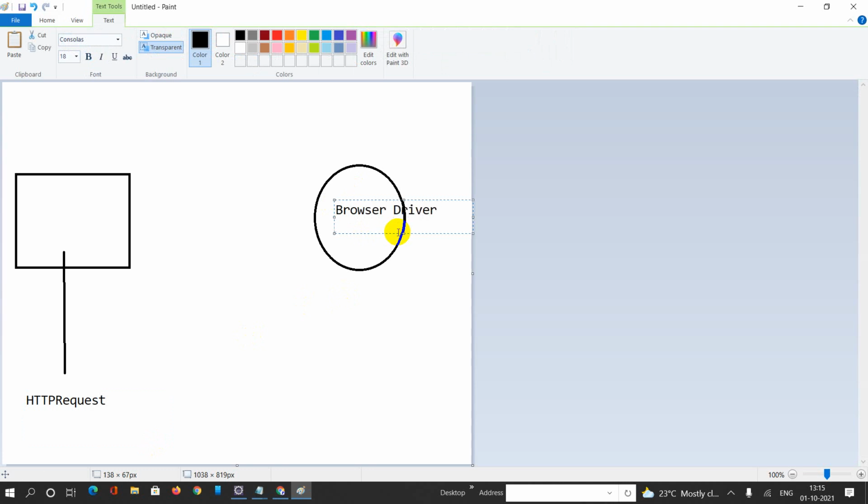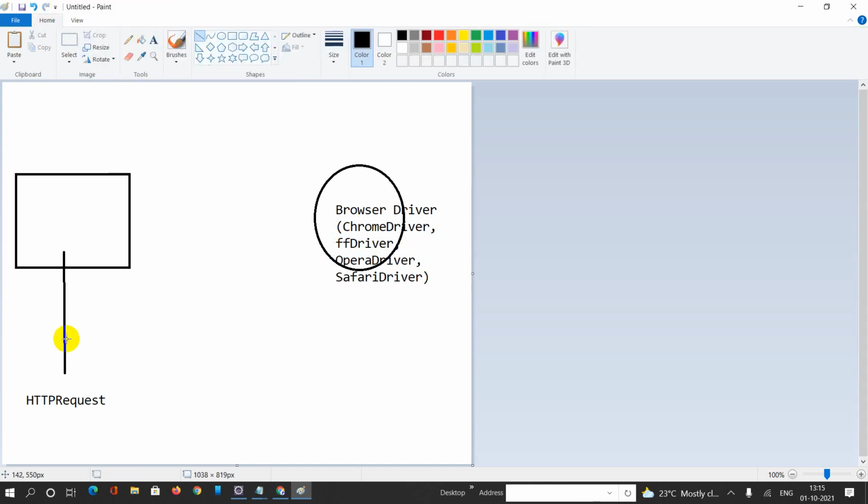It could be a Chrome driver, Firefox driver or Opera driver, or if you are using a Mac, it could be a Safari driver. The browser driver receives the request through an HTTP server. So it gets the request from the client through an HTTP server.